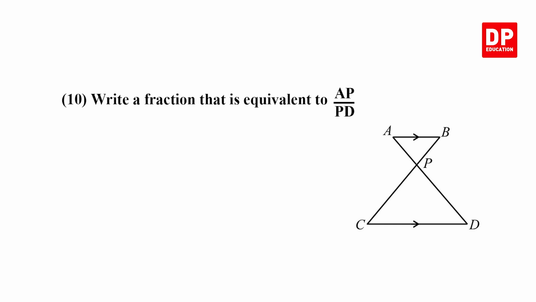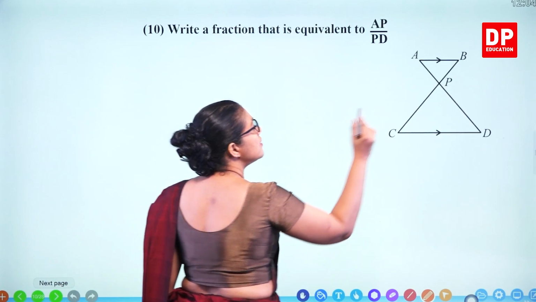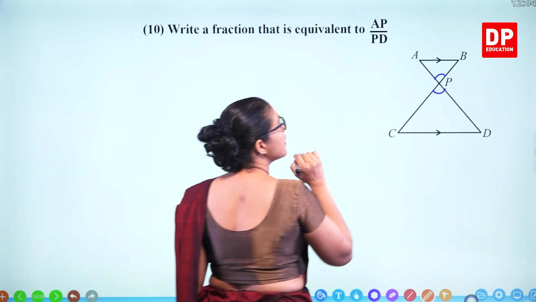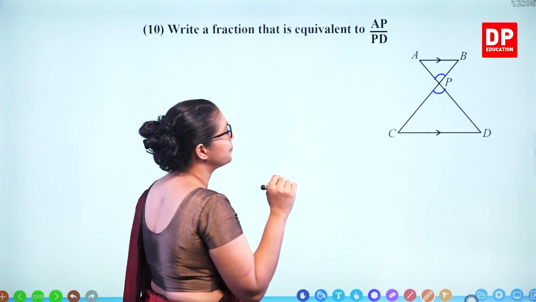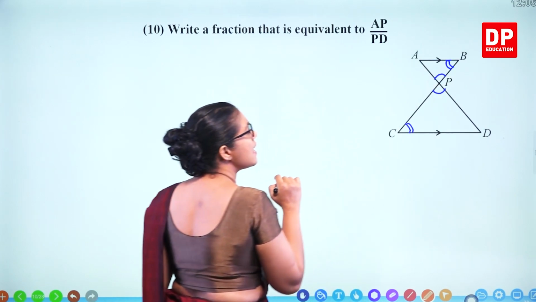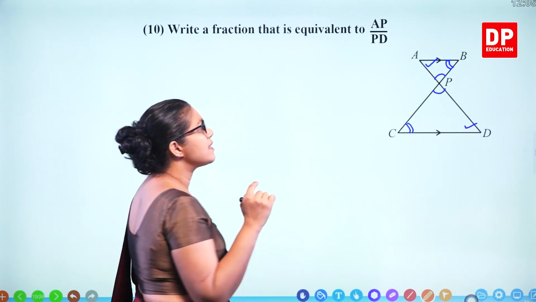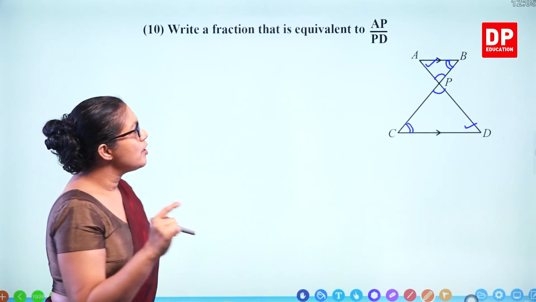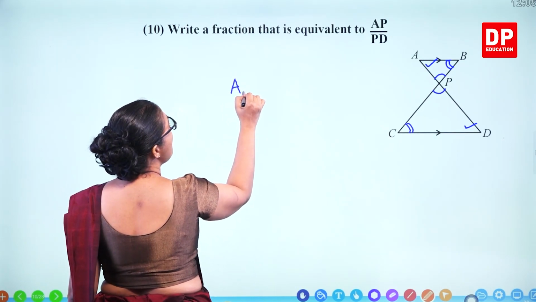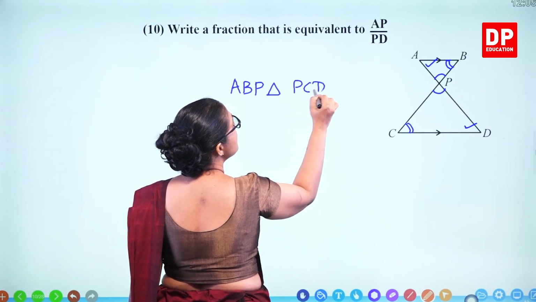Question number 10. Write a fraction that is equivalent to AP over PD. Now these two lines are parallel. This angle is equal to this angle. Opposite angles are equal. This one is equal to this angle. Alternate angles are equal. This angle is equal to this angle. Alternate angles are equal. So when you consider ABP triangle and PCD triangles,